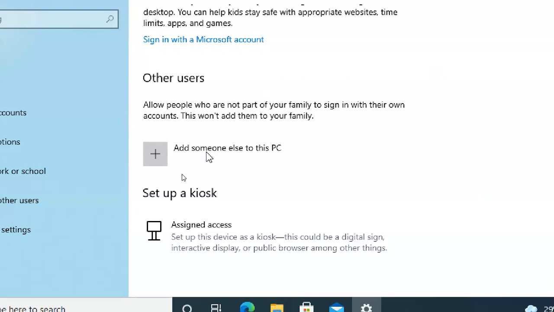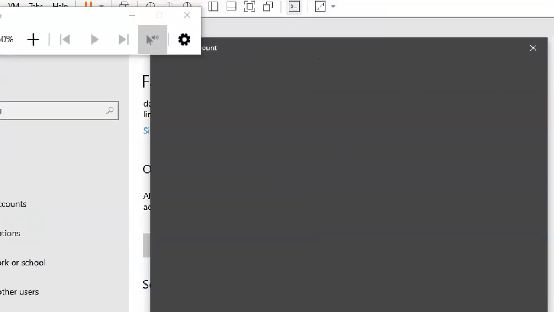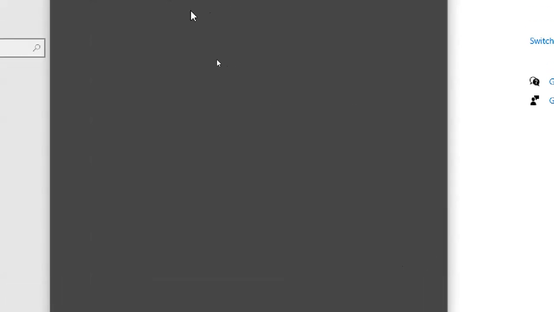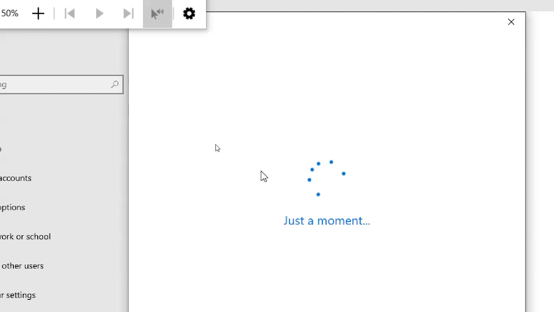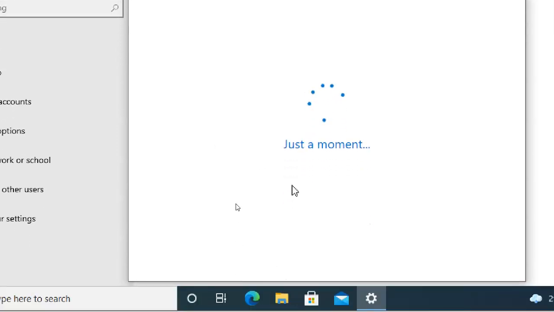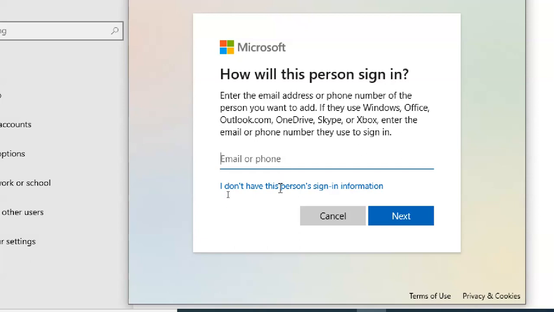Okay. So how to create it? Just click on add someone else to this PC. Usually when you are connected to the internet, normally it will go to Microsoft account related only. Okay, but still you have to wait for the screen. So it is asking for a Microsoft account.